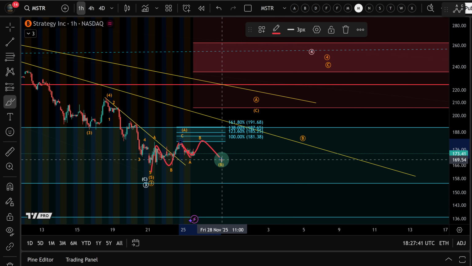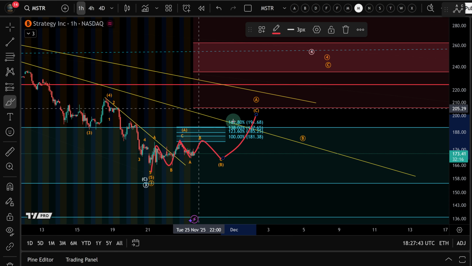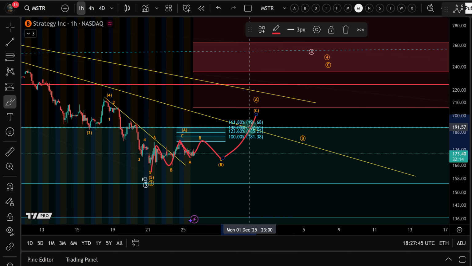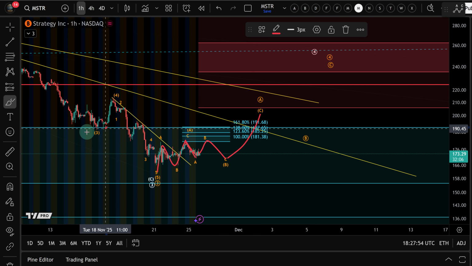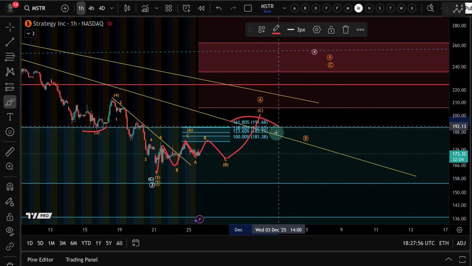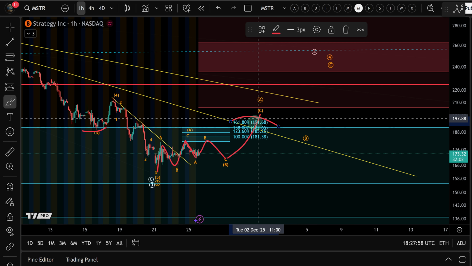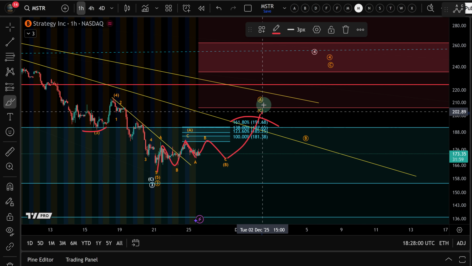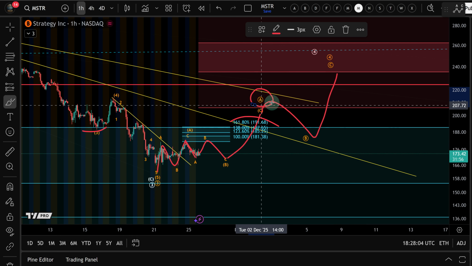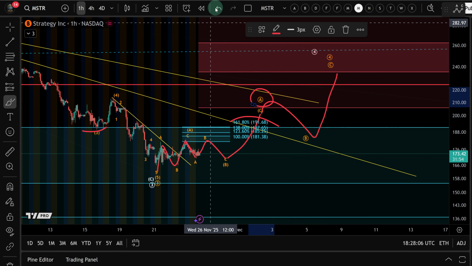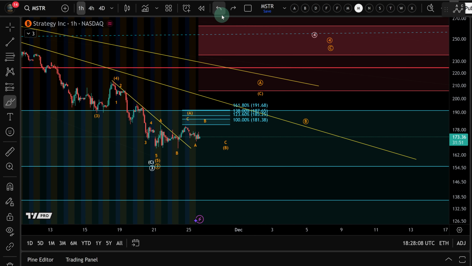And then we could see a C wave to the upside, potentially with a slight break above resistance, the trend line. But that's all very, very speculative at this point because, look, the market hasn't really done much. It would help to break above the previous swing lows here and break above that $191 level. Yeah, that's a key level. And then maybe there should be another ABC pattern because this ABC completes the larger A wave, then a B wave and a C wave. Very, very complex and theoretical concept here at the moment.